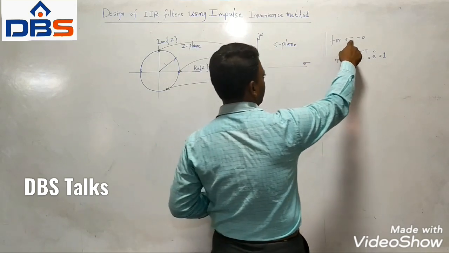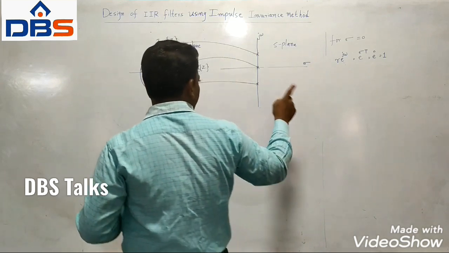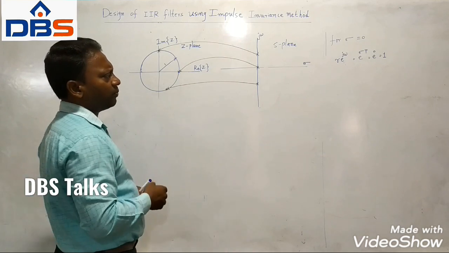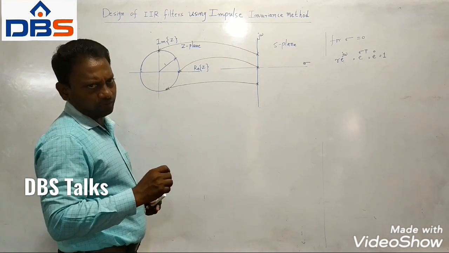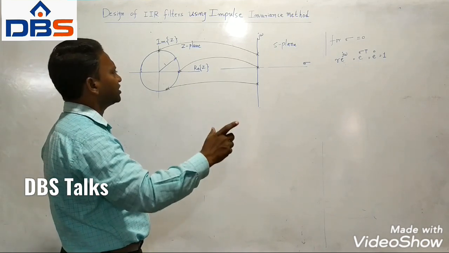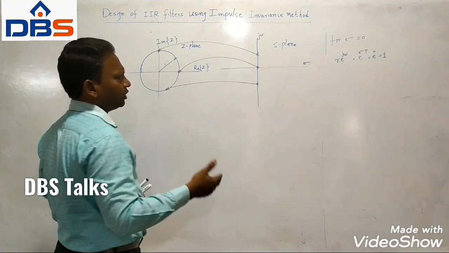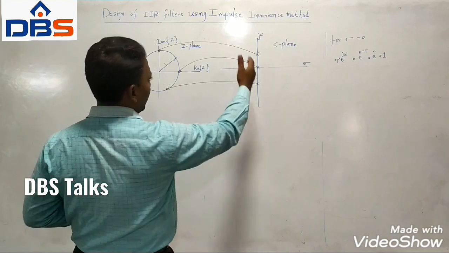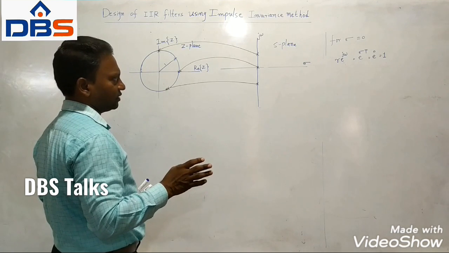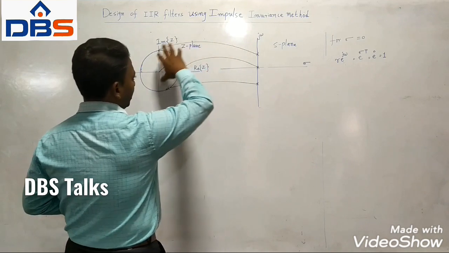So when sigma is 0, what happens? We get a magnitude 1. When magnitude is 1, it represents, because r into e power j omega is the z variable. So that is why when sigma is 0, you get a unit circle, and that unit circle means all the j omega axis poles. The poles which lie on the j omega axis are mapped onto a unit circle. Okay, this is the first case, case 1, in the mapping of analog domain to digital domain.